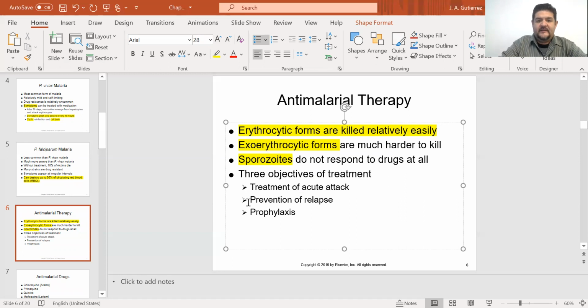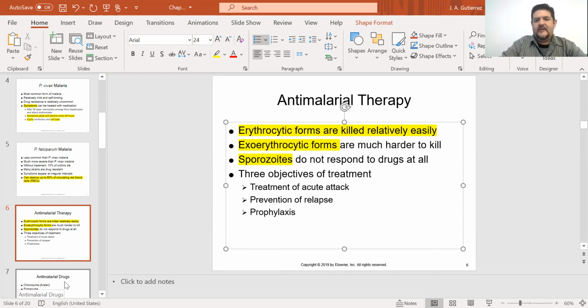So because of this, the treatment is divided in three parts. First is to treat the acute attack, prevent a relapse, and prophylaxis. If I only treat the acute attack, I'm going to have a relapse. So I have to be careful that once I make a diagnosis of malaria, I need to treat what is happening right now. I need to prevent the relapse, and then I have to do a prophylaxis stage, because eventually these spores from the parasites are going to hatch,